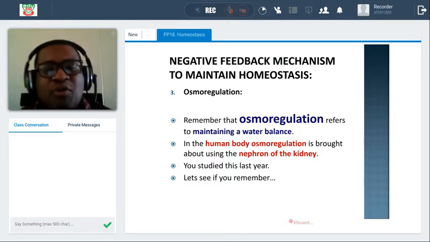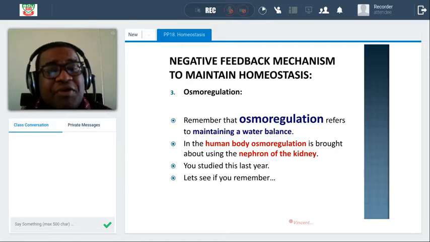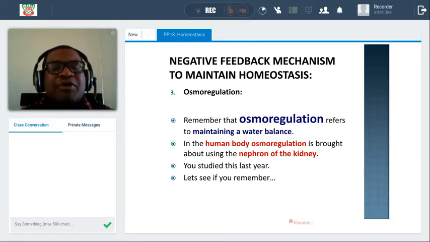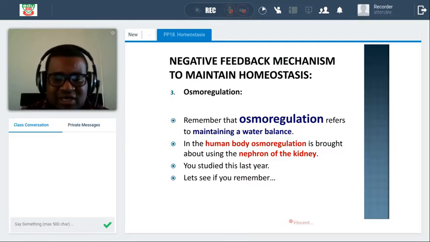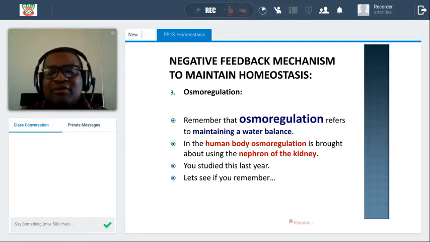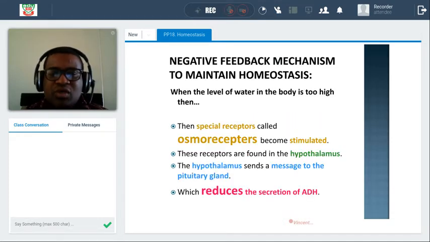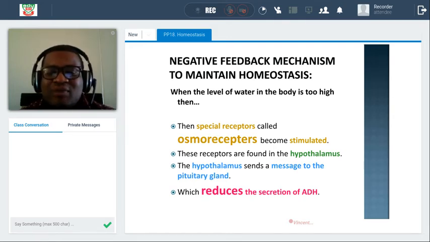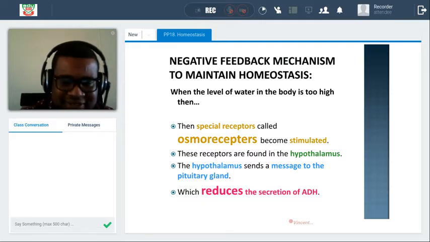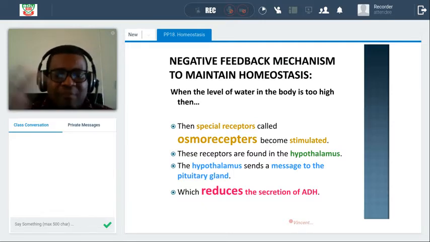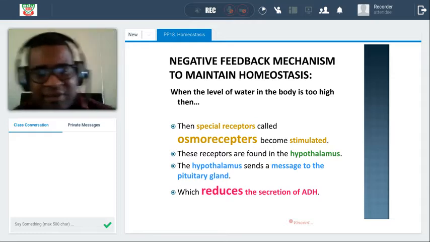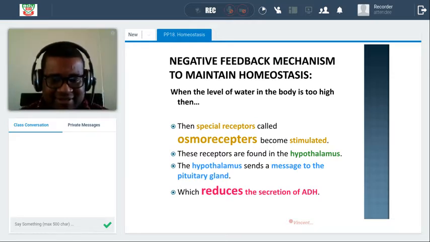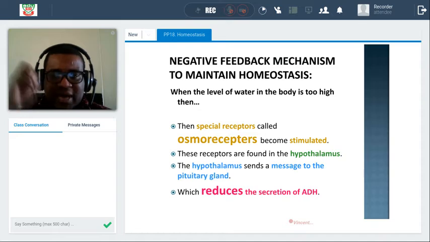So we look at osmoregulation. Remember that osmoregulation refers to water balance from osmosis. So in the human body, osmoregulation is brought about by using the nephrons of the kidney. So you see that when the level of water in the blood is too low, then specialized receptors called osmoreceptors become stimulated. These receptors are found at the hypothalamus. We remember we said one of the functions of the hypothalamus is to tell if you're thirsty. So the hypothalamus